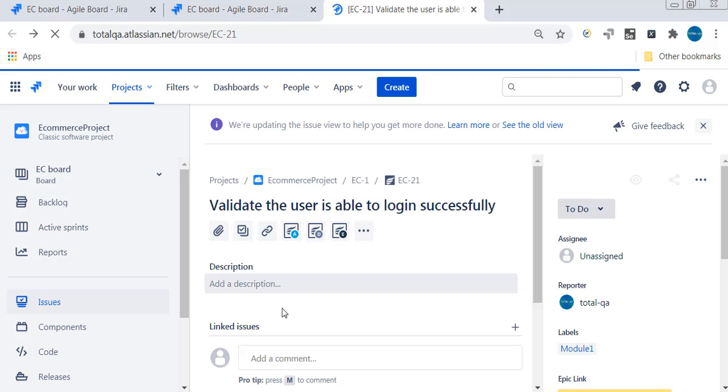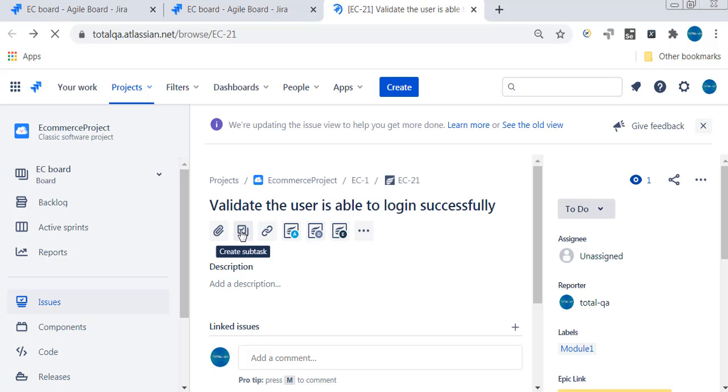Let's try to add some test steps. So we will see, is there any option for us to create test steps here? Add attachment, create subtask, and here link issues, web pages. This is for Zephyr actions, and also test details. Yes, you have to click on test details.